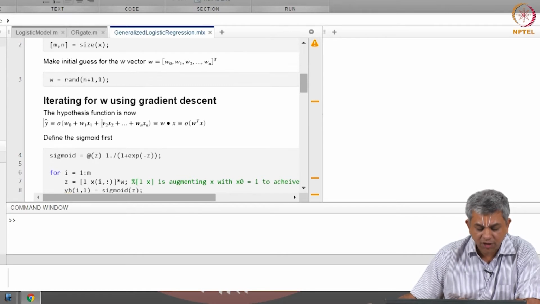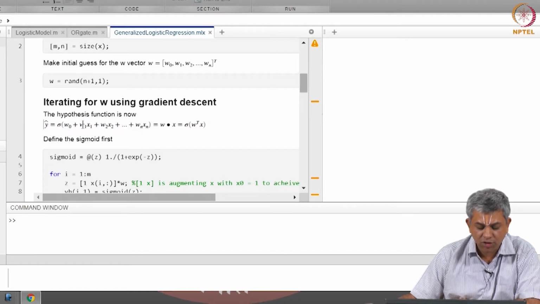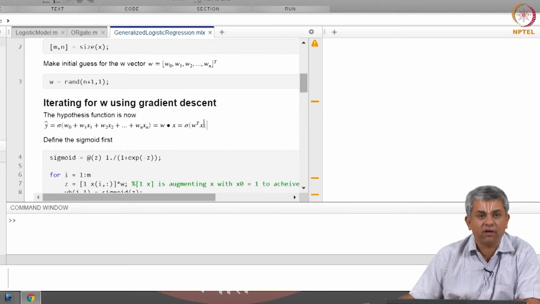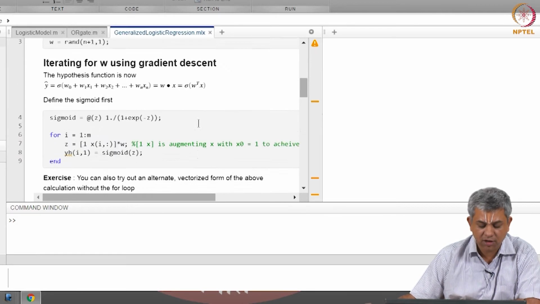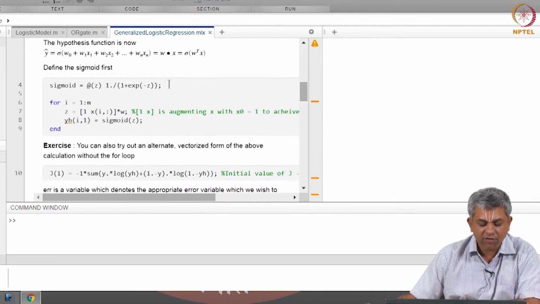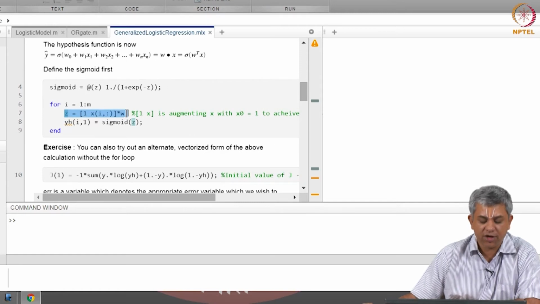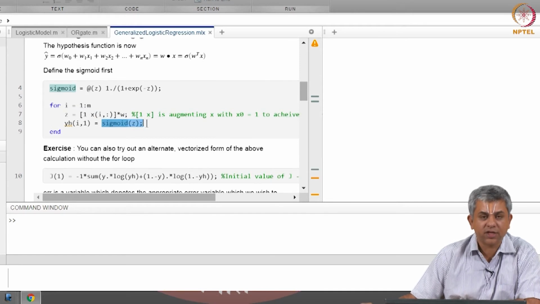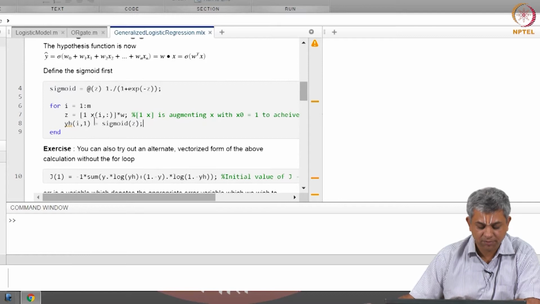Earlier in linear regression we had only the term w0 up till wn xn, which was simply w dot x; there is a small typo here, please ignore that. So, we have sigmoid of w dot x sitting here. I have defined an inline function for sigmoid, and the only thing that changes from linear regression is that instead of having just z, which was the output for linear regression, you have sigmoid of z as the new hypothesis function.